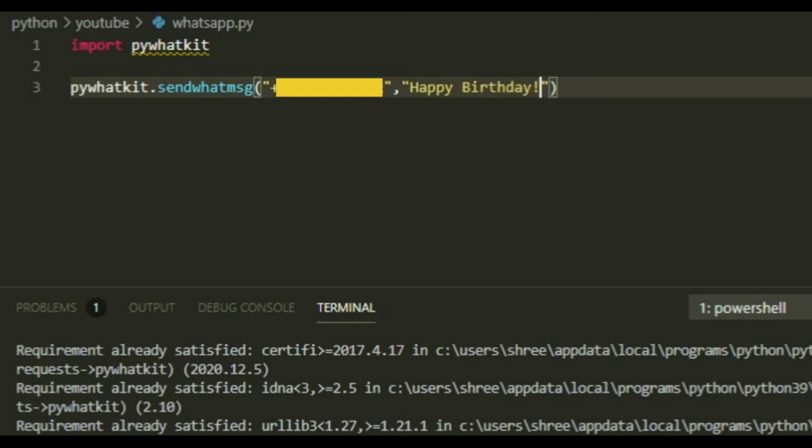Type the text message within double quotes. Here I type happy birthday. So if you wish to send a birthday wish at 12 in the night, you need not be awake till 12 to send the message. Instead you can automate it using Python. So happy birthday as the second parameter, and the third parameter is the time in 24-hour format, that is 19, and the next 9 is the 9 minutes,